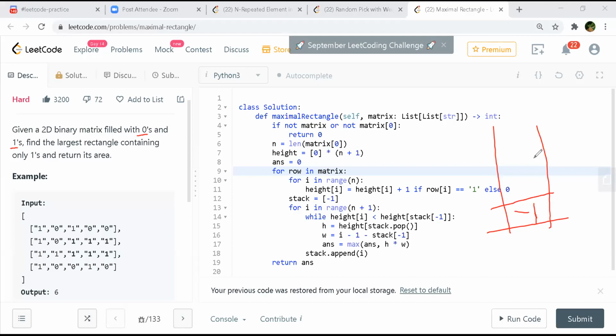I'm asking because I'm not getting this Python syntax. So we won't get into this condition. As Shashank said, we have zeros and ones, so this height of i would always be greater than height of this stack -1. It will never, because elements are always 0 and 1 only, right? Okay.